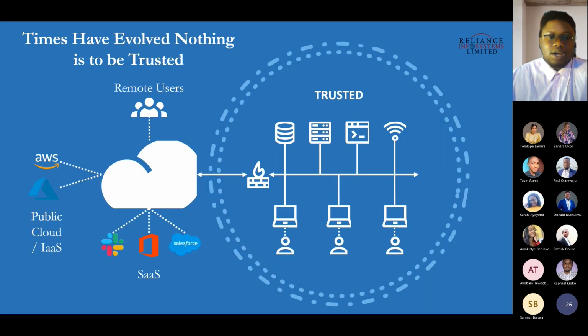So in today's world, basically, IT is always evolving, and our network architecture also has to take this same approach. Nowadays, most applications aren't run on premises anymore. Most of them are either cloud-based solutions or software as a service solutions, and you have users accessing these services both remotely and within the organization's enterprise. So you need to ensure that users are given the right authorizations to access any of these said services